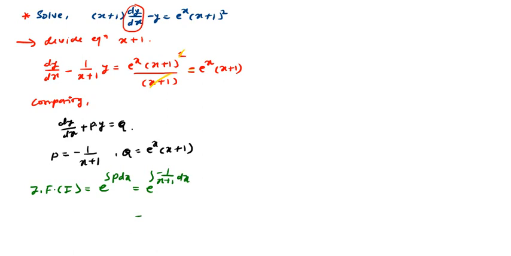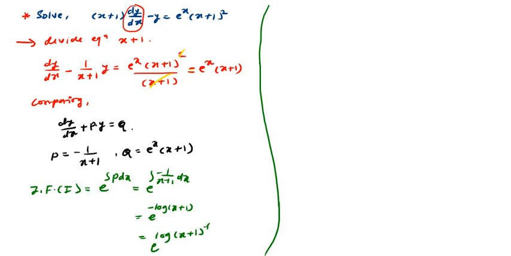Okay, and integration of 1 upon x plus 1 is what? Log of x plus 1, and the minus sign as it is. Now this is equal to, by logarithmic rule, log of (x plus 1) to the power minus 1, so e to the power log of (x plus 1) to the power minus 1. Again by the same process, e to the power log of a is nothing but a. So our final answer for this integrating factor I will be equal to (x plus 1) to the power